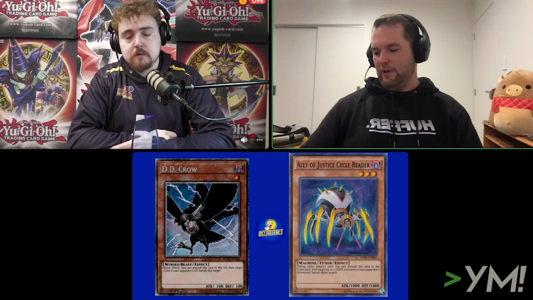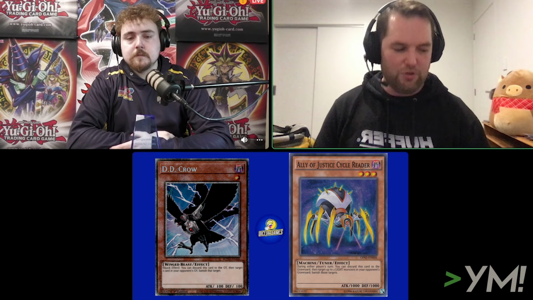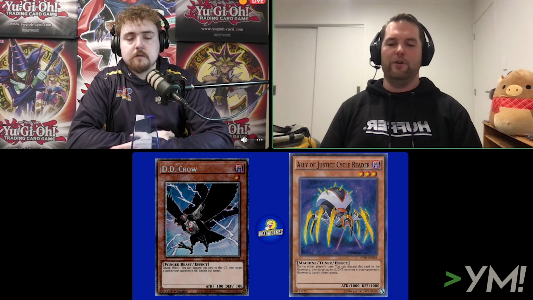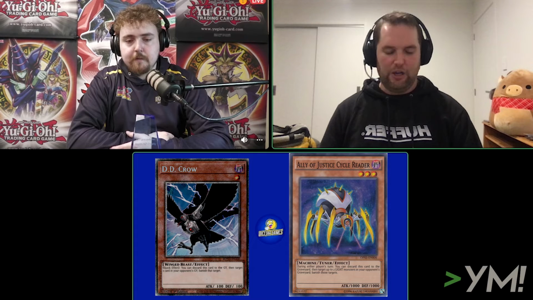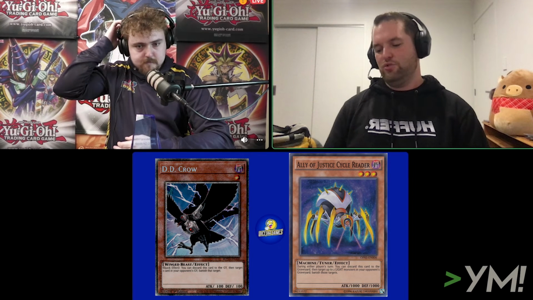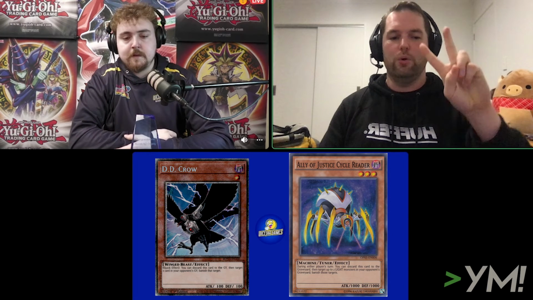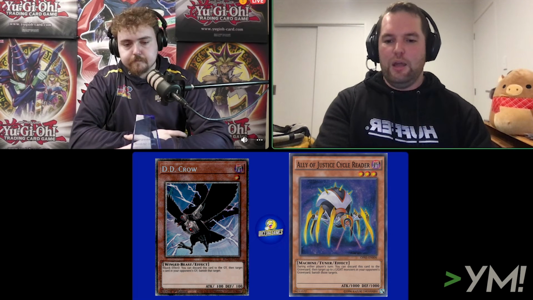Which makes DD Crow pretty powerful, and Cycle Reader absolutely crushing against Drytron. Absolutely, very, very strong. Main difference being DD Crow can banish any card, Cycle Reader can banish 2 light machines. Yeah. But,